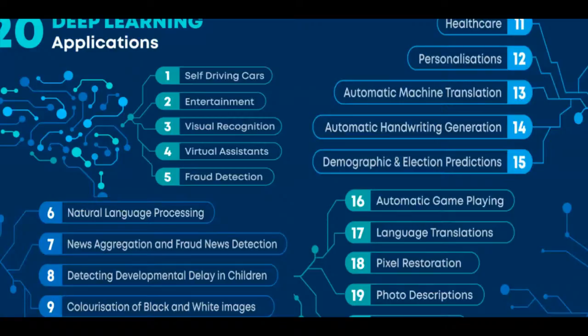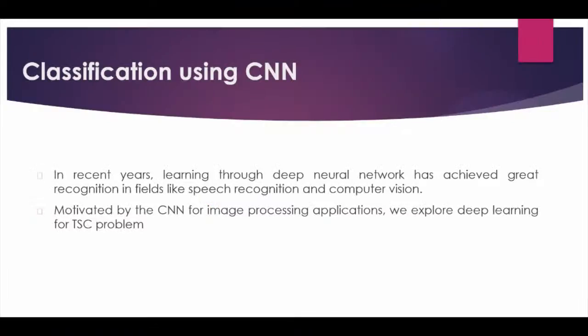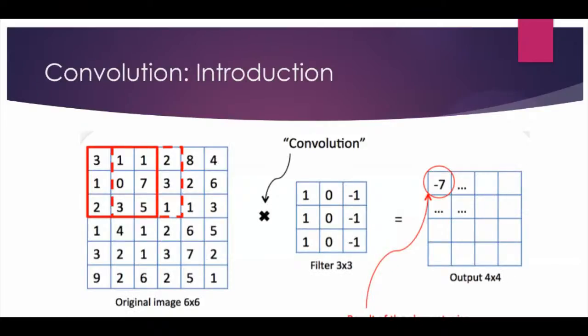So we'll see what the strength of deep learning is, and how we can transform from machine learning to deep learning in order to model this time series. There is a concept of convolution. When I discussed the fast Fourier transformation for converting the time domain signal to the frequency domain, we can actually perform convolution also. What is convolution? You have an image matrix, there is a filter of size 3x3, and there is a specific property of this filter. We put the 3x3 window on the image, slide this window throughout the image, and then we get the aggregated value.